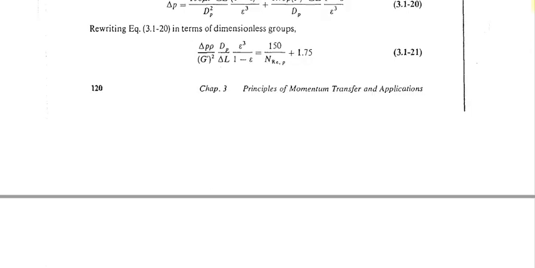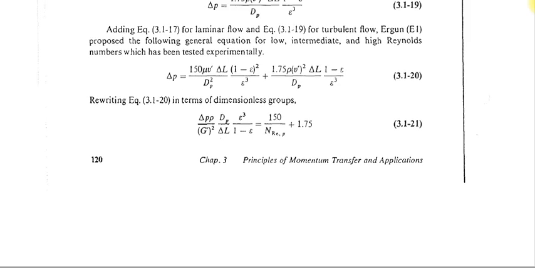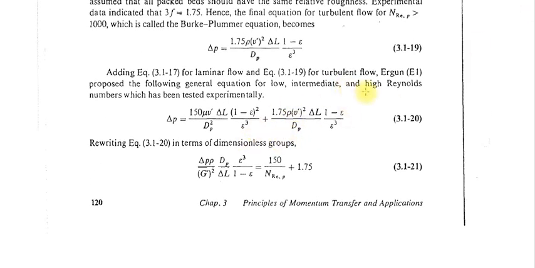Okay, now if you have the intermediate region, that means the Reynolds number is greater than 10 but less than 1000, then you can use this formula. This is basically nothing but the summation of both formulas. Experimentally we found that this formula is significantly correct when you have the Reynolds number less than 1000 but greater than 10, in the transition region, not in the laminar region, not in the turbulent region. Okay,